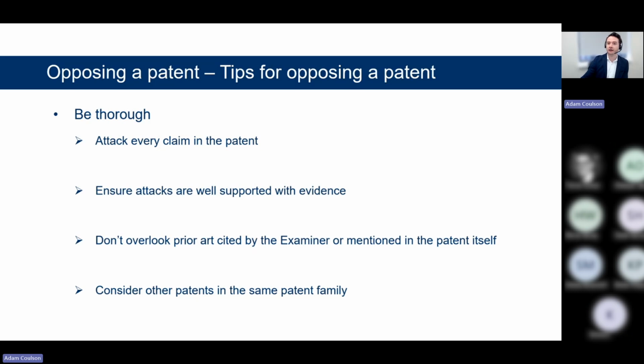Often, patents are filed as part of a patent family, which includes patents filed in overseas jurisdictions. The prosecution history and any post-grant proceedings of other patent applications in the patent family may also unearth relevant prior art which can be used in an opposition against the European patent. In particular, the prosecution history of any corresponding patent applications filed in the US may be useful due to the applicants having a duty to disclose all relevant prior art to the US patent examiner.